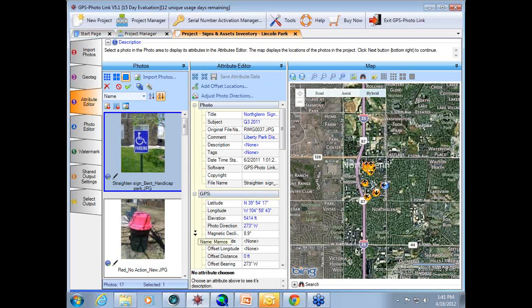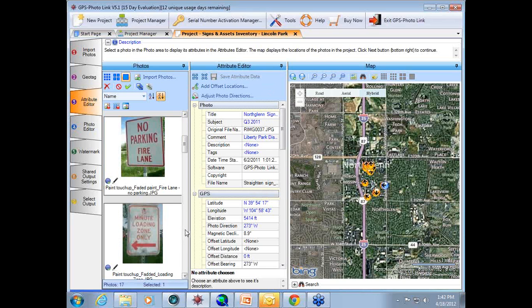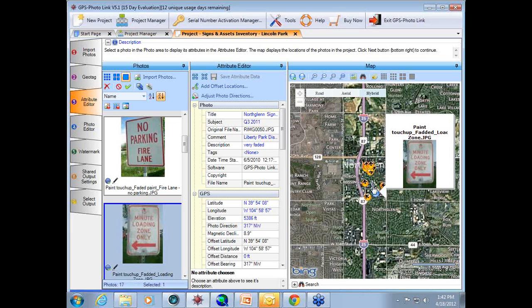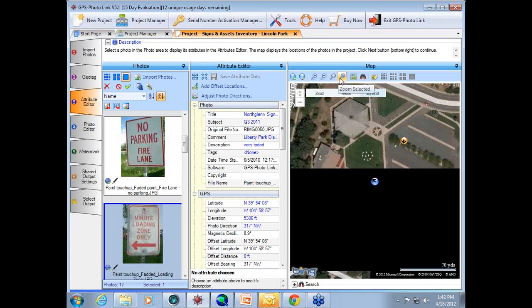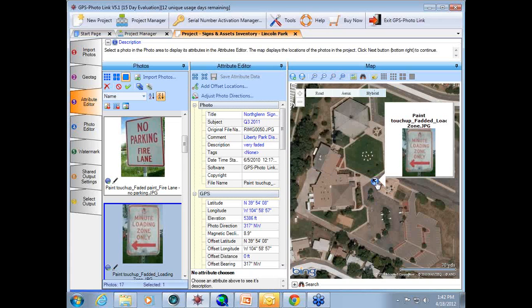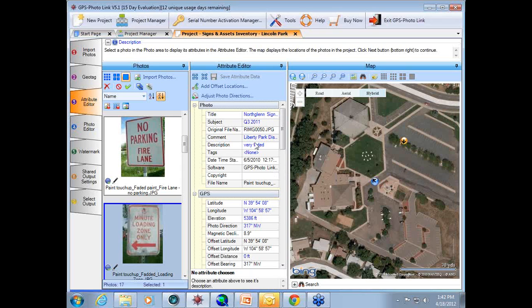So I'm going to switch photos here. You'll notice that any photo that I'm focused on turns blue in the photo section. It also turns blue on the map. So I'm focused on the 15-minute loading zone sign. I'm going to focus in a little bit by zooming in, and that shows me where the loading zone sign is. Now, I'm going to go back over to the attribute editor and point out this is where you quality control,